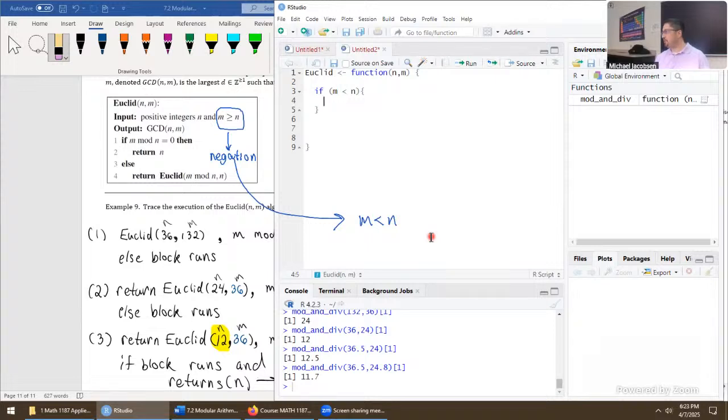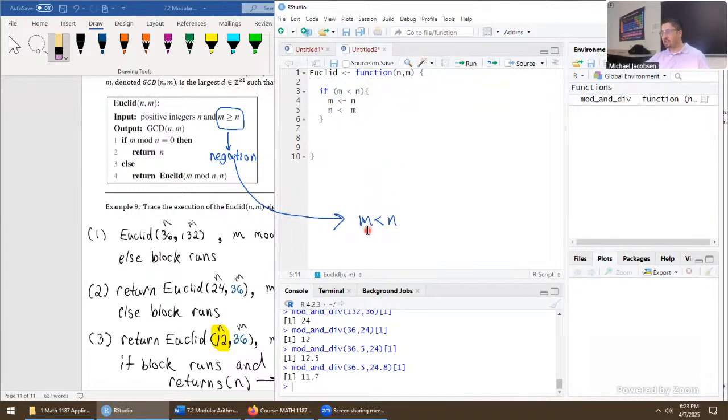This is one of those things where it's actually kind of tricky to come up with. One thing that you might try is m gets n gets m. That's definitely not going to work, not even close. Because the moment we do this, we just have m and n essentially, and then the next line is just going to reduplicate the same exact values for both m and n. So if this doesn't work,